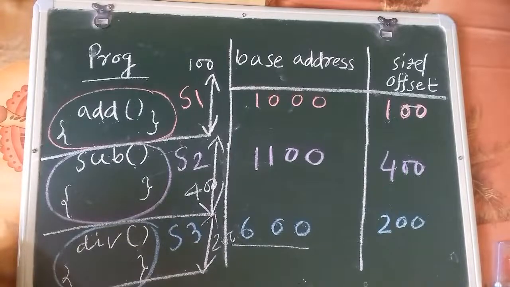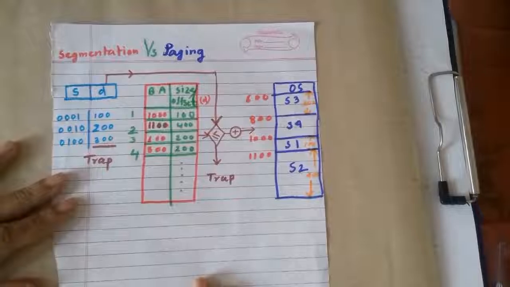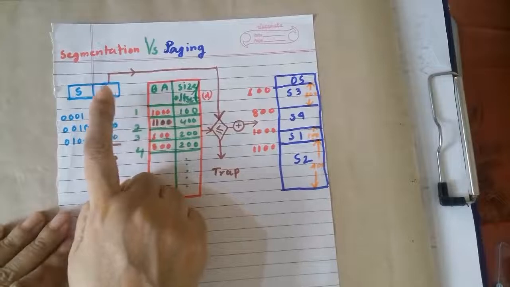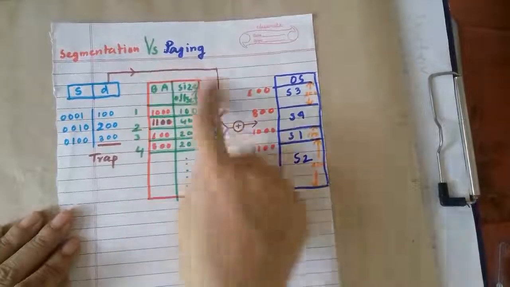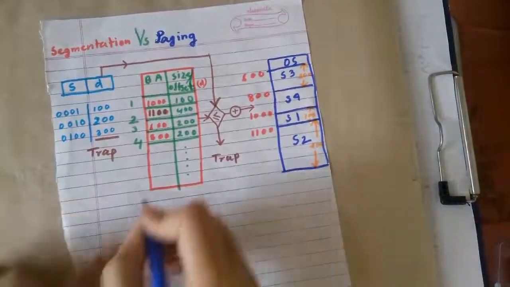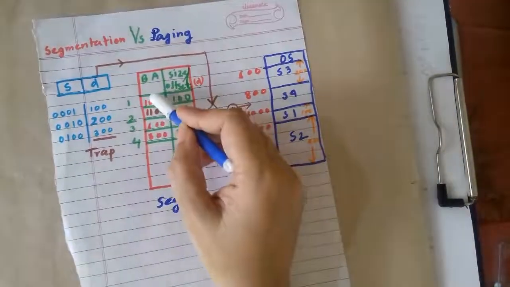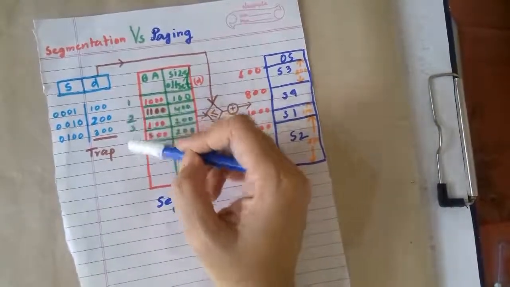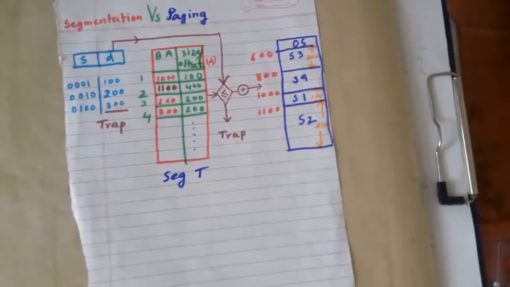Okay, so what will happen in this case is, if I consider the table, you can easily understand here. When the CPU generates some segment number and segment address or size, what will happen? First of all, in the segment table, now we should consider this as a segment table, not a page table. In the segment table, the operating system will be storing the base address of all the segments, where segments are logically divided, and all are not of the same size like in paging.